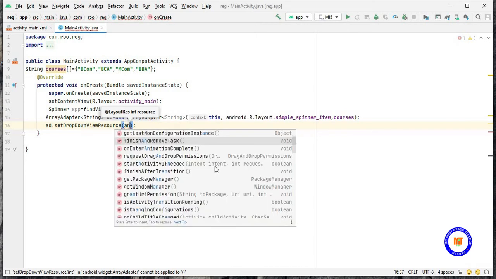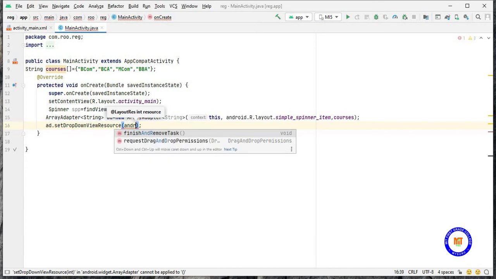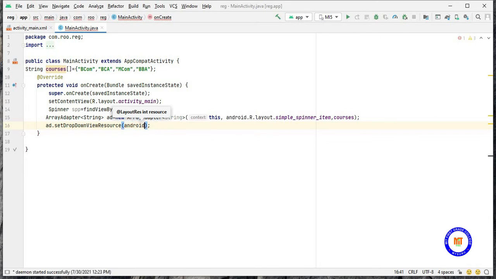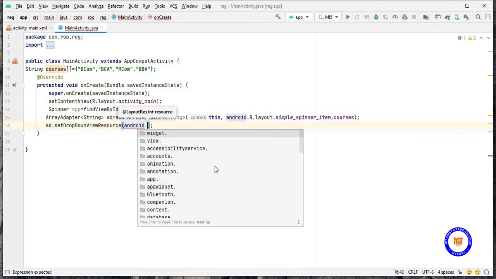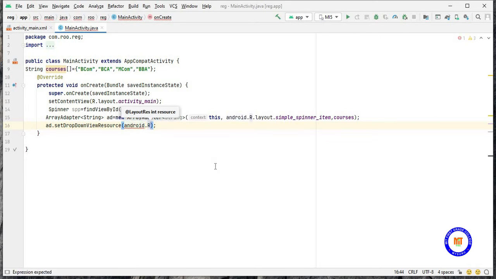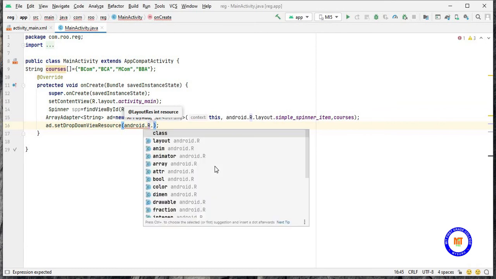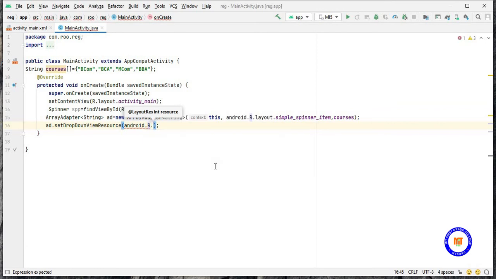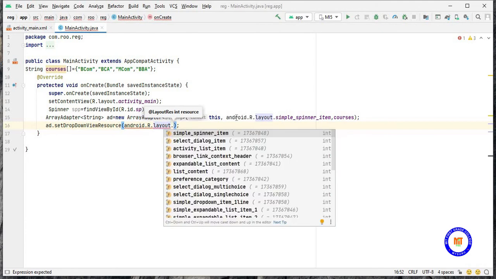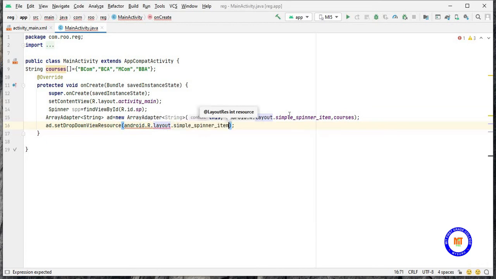Here also you have to take the layout, that is android.R.layout. Here also same thing, you have to take the layout that you have chosen here, simple spinner item. Here you are setting the array adapter to the drop down list.